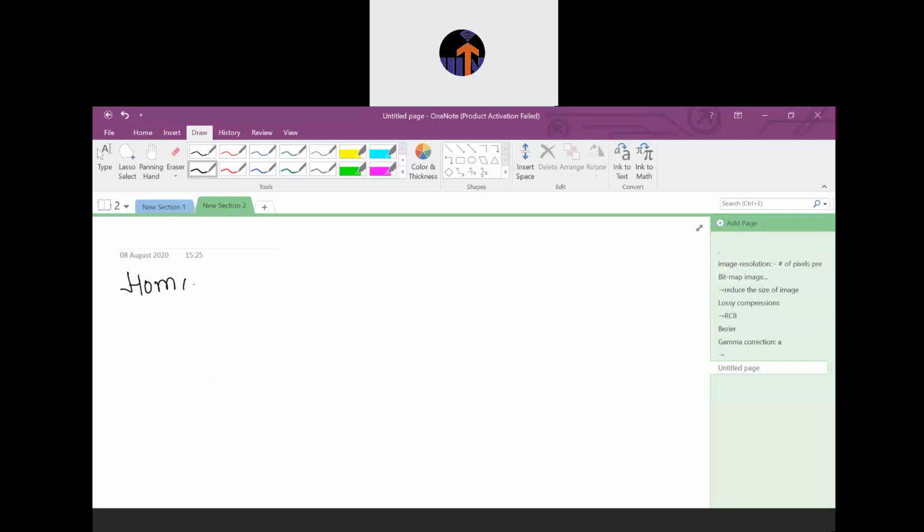Then homography. So what is homography basically? Homography is used in the terms of augmented reality. When you want to change the dimension of your image, like if by default your image is in 2D format, and you want to change your image to higher dimensions like 3D, 4D or 5D, just like in augmented reality, you can use this homography algorithm. So it is used to change the plane and convert the images into the higher dimension.